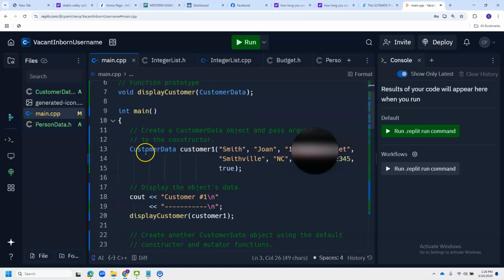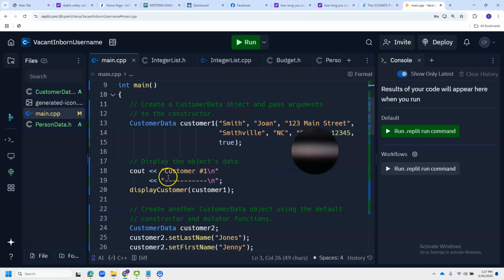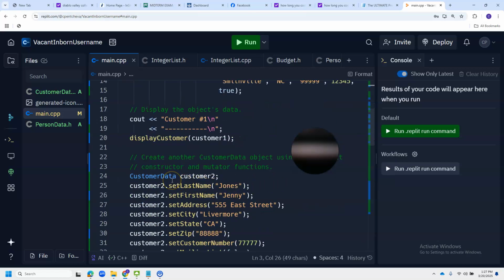In the main function, we create a customer one and send variables for last name, first name, address, state and zip code and whatever customer number and mailing list willingness or not, and then it calls display customer to display the customer, and then it creates another